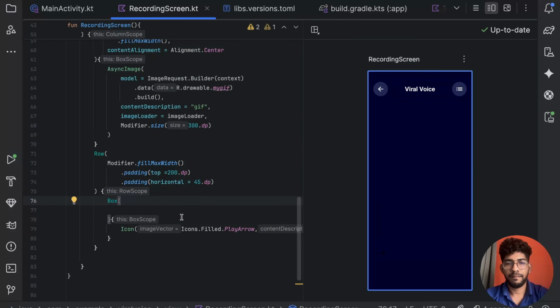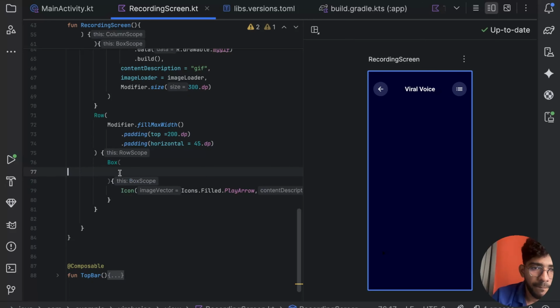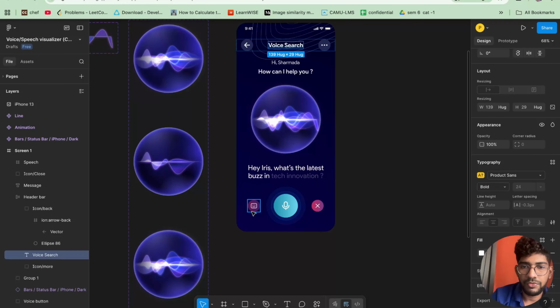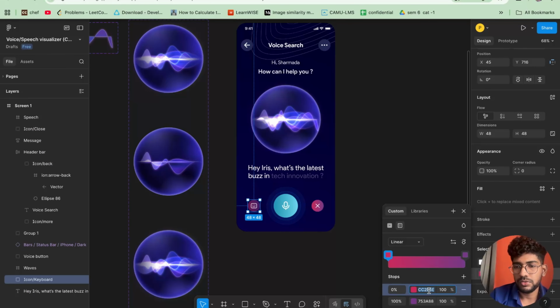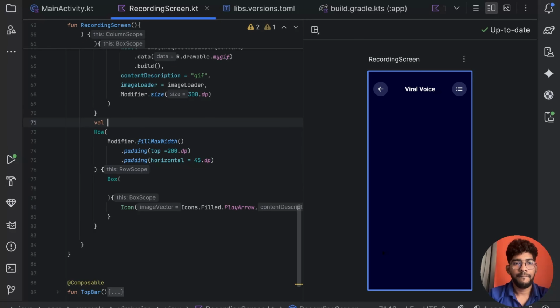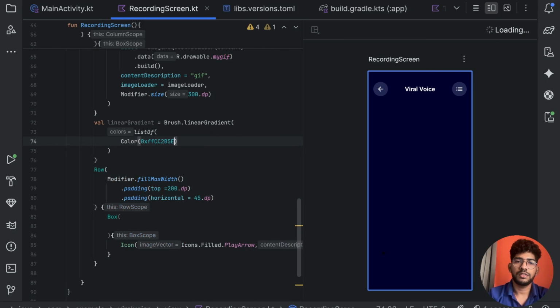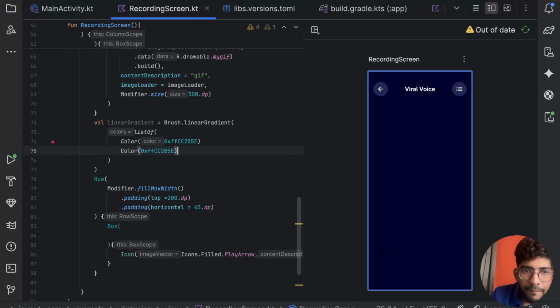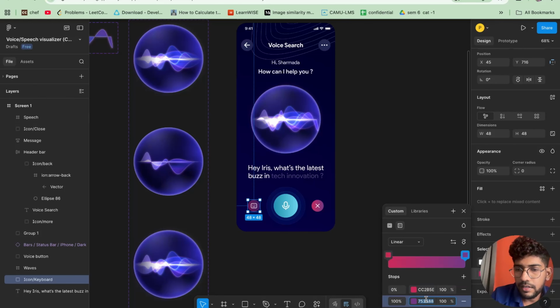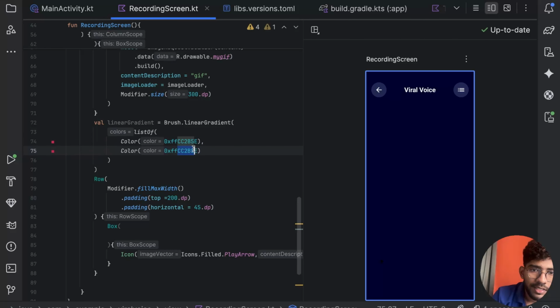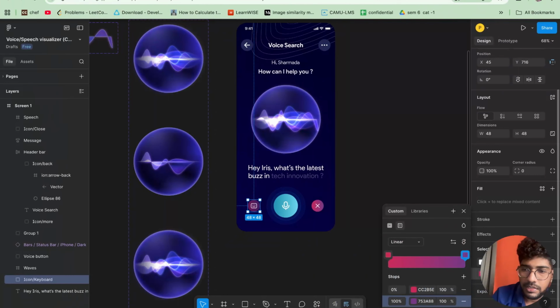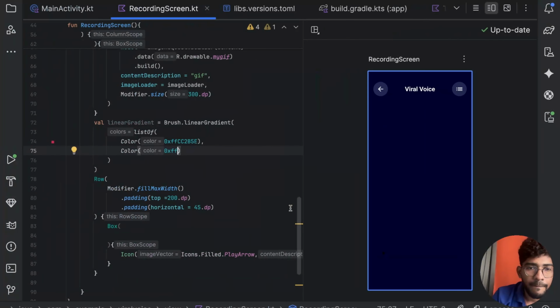Okay, here you can see the icon has a few colors, right? A linear gradient. So I'm just going to try to give this gradient color, val linearGradient. To give the linear gradient we need to use a Brush.linearGradient and pass the list of colors. Just remember this. Another color is this. So FF for 100 percentage. Here you can see this 100 percentage, right? This hex code is there,